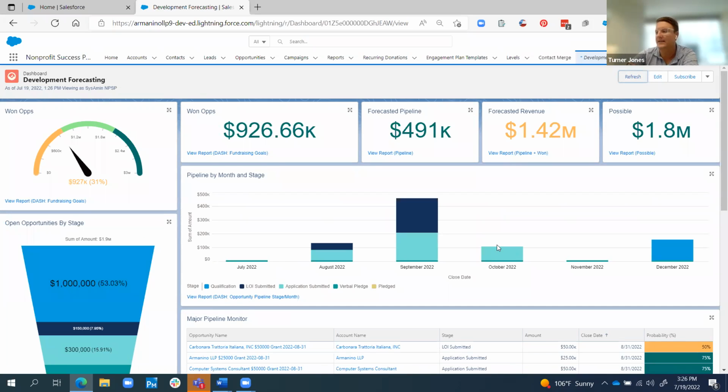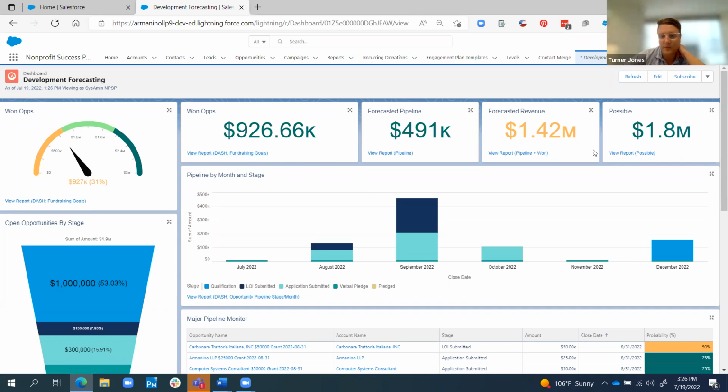Okay, so this is a development forecasting style dashboard. So this is looking forward and managing your opportunity pipeline, which traditionally is going to be grants. It could be larger individual pledges as well. So I've got a similar gauge. This is just showing our progress towards goal.